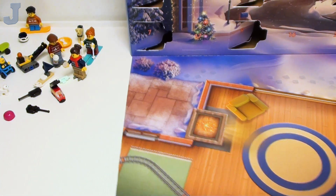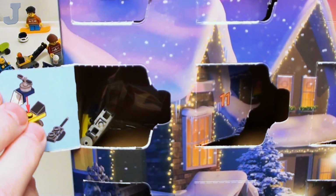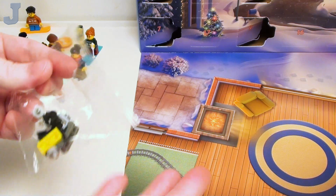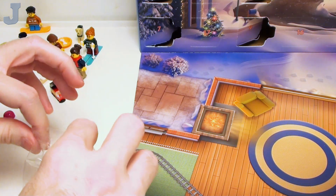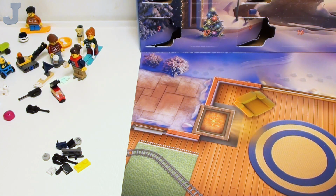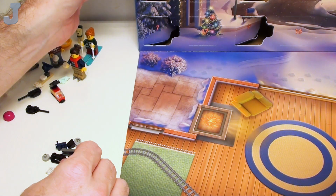Now, let's see here. We just got done with 13. And there's 14 right here. Yeah, this play mat is kind of what's getting on my nerves. But so it looks like we're building a remote-controlled helicopter. So there's a lot of little minifigure toys in here. So this is basically a good little family build here. It's just mostly accessories. Don't expect to build a big house out of this or anything, but this type of stuff here would be perfect for building